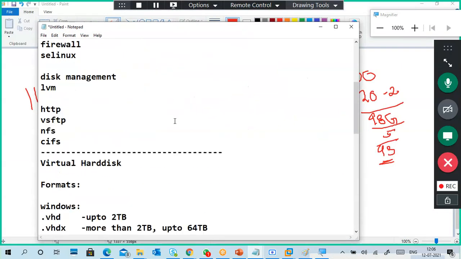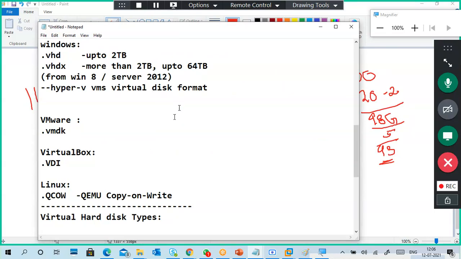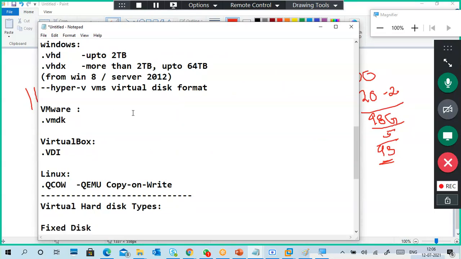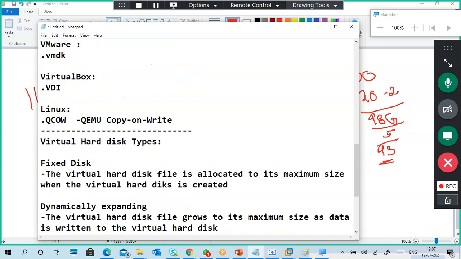Mainly, virtual hard disks have different formats, depending upon your system. VHD and VHDX are used in a Windows and Hyper-V environment. VHD supports 2 terabytes, and VHDX supports more than 2 terabytes, up to 64 terabytes of data. VMware uses .vmdk as a virtual disk format. VDI is the VirtualBox disk image format.